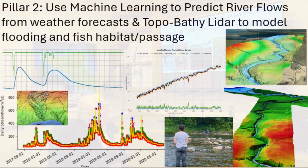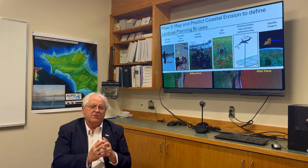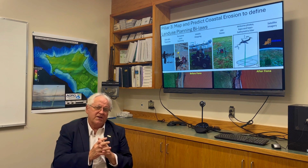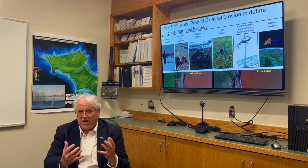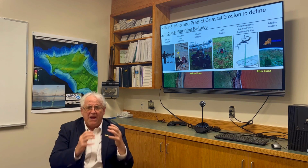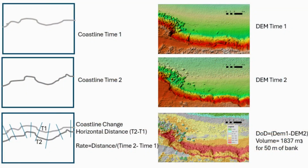Erosion, this is something we want to try to support the municipalities with to give them quantitative information so that they can then develop bylaws or other policy to better inform Nova Scotians where it's safe to build. We can do things like historical aerial photos to look at how the shoreline is receding and what that